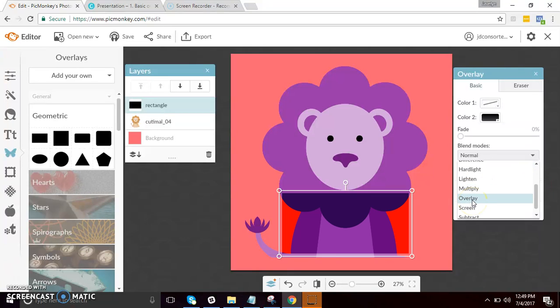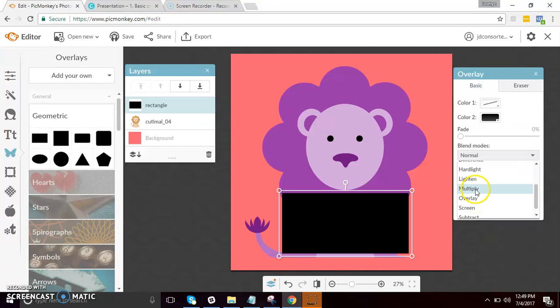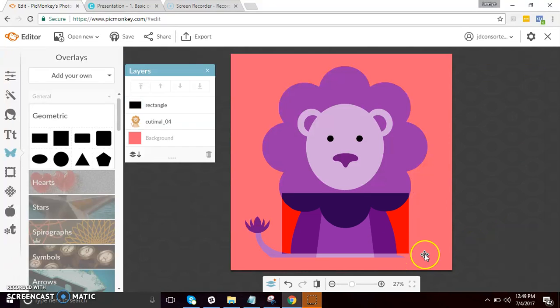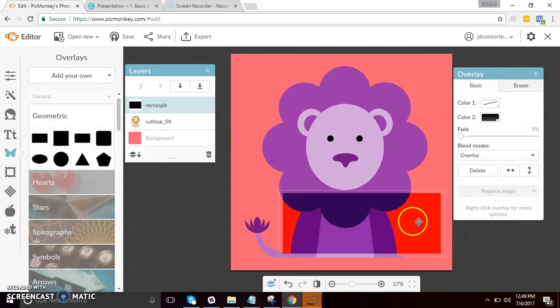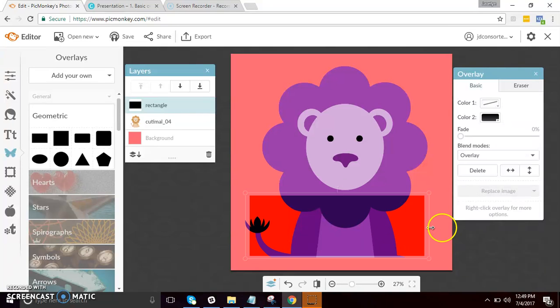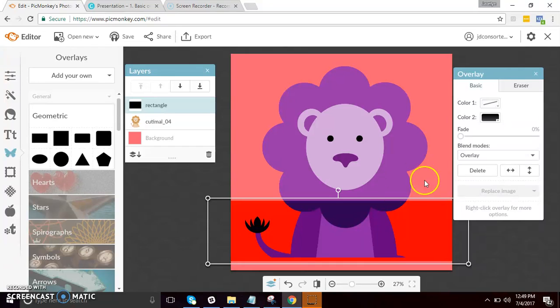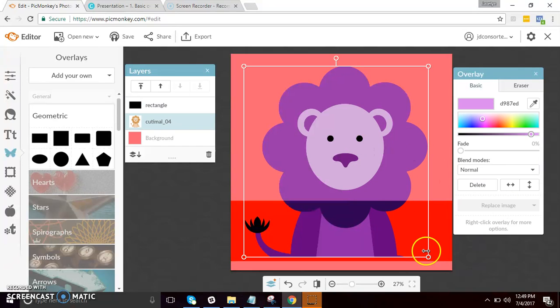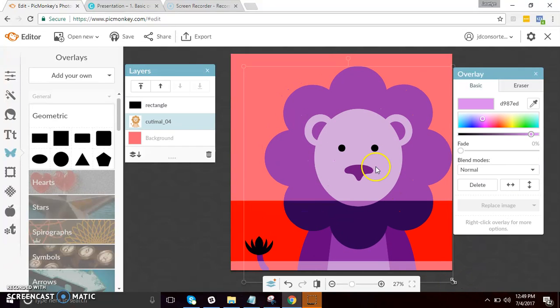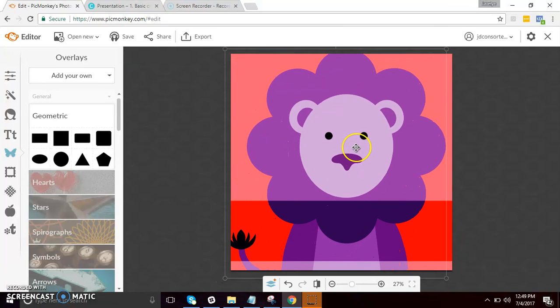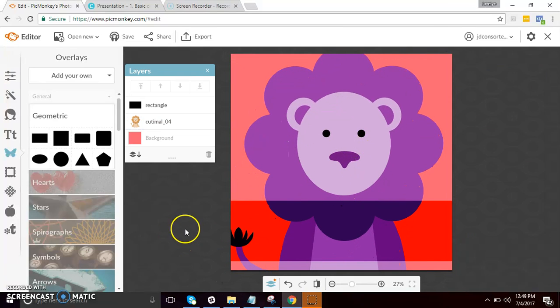So for this one, let's choose the overlay. It takes on a different color, and it depends on your design. So it's easy. All you have to do is drag and manipulate the design according to your preference.